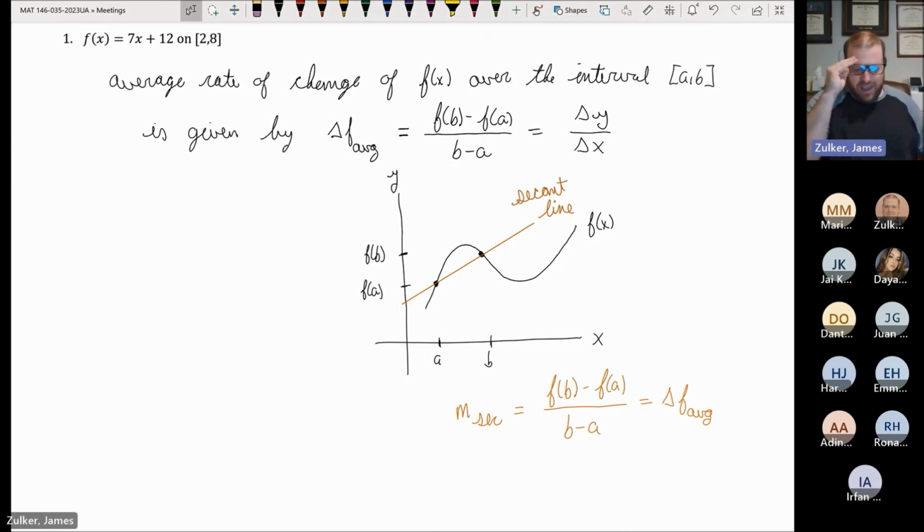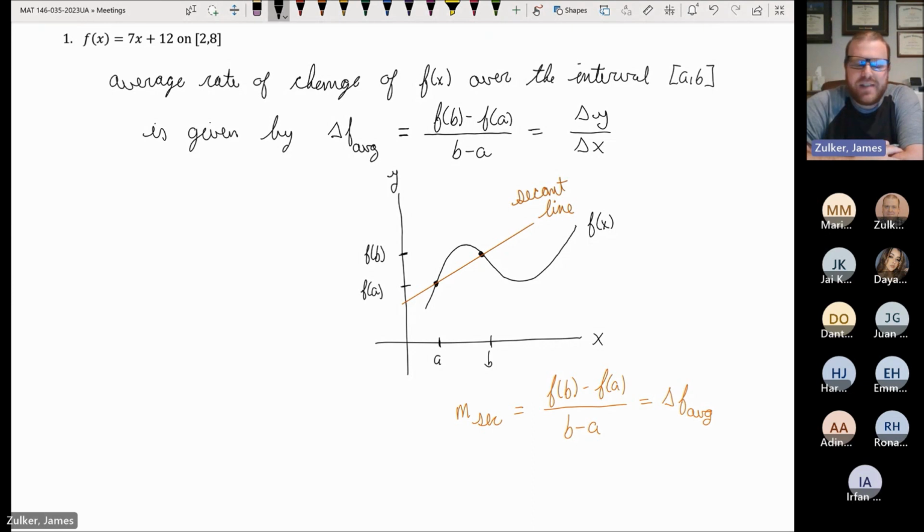So you can also say that the average rate of change of a function over some interval is just the slope of the secant line that passes through the 2 endpoints. In calculus 1, we will expand on this idea. But back to the problem at hand, we want